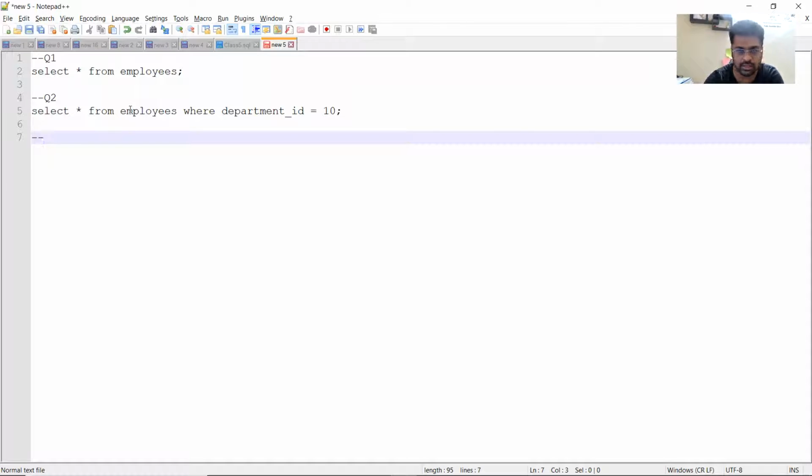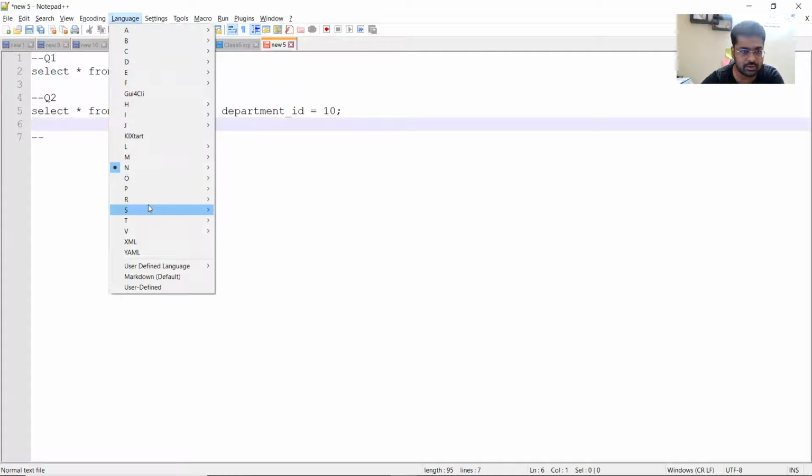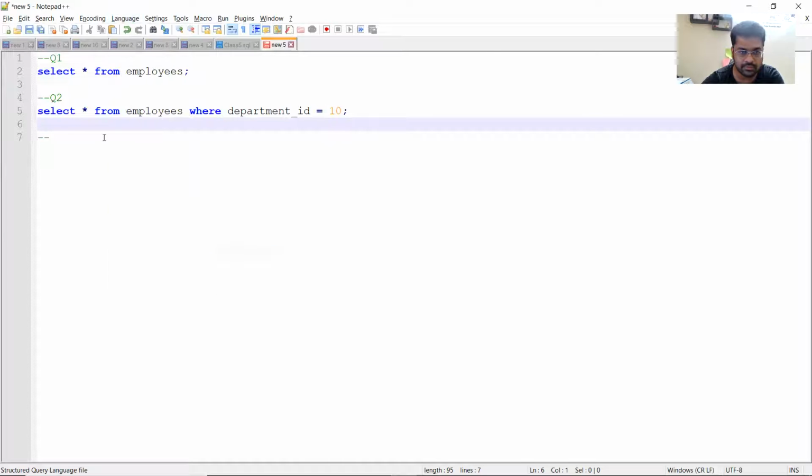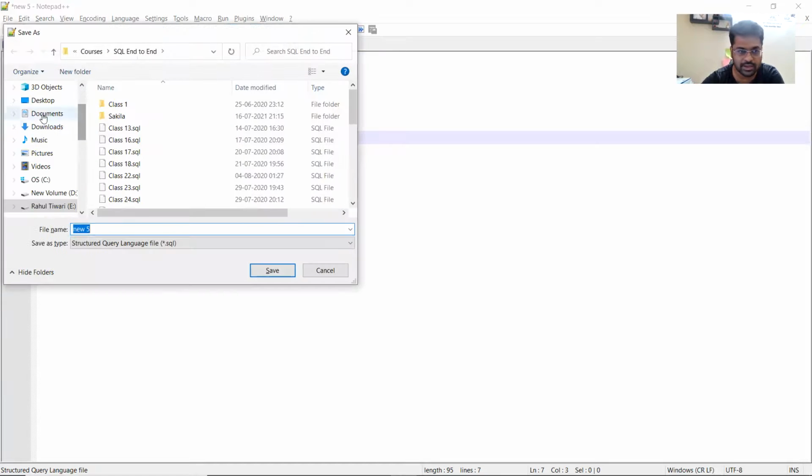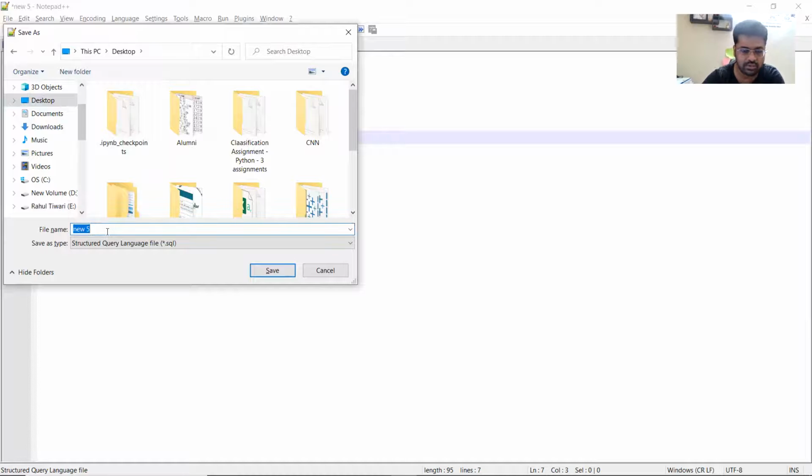You can write all the answers with question number, and you can go to the language and look for SQL. You can see the keywords highlighted, and the comments come in green color, which will not execute. Then you save this file with Control S, anywhere on your machine.